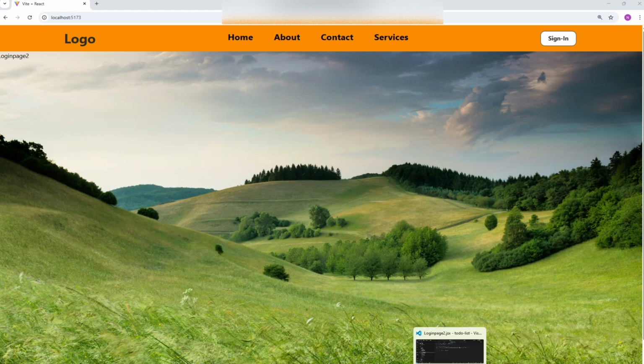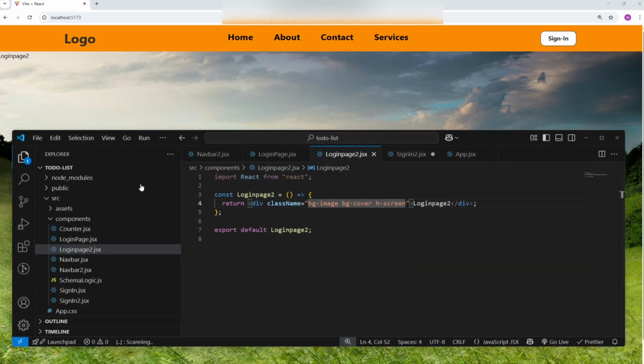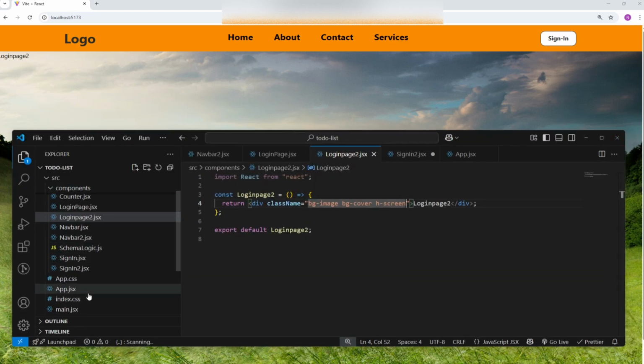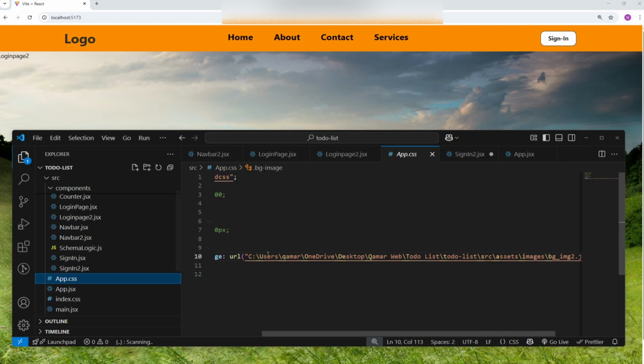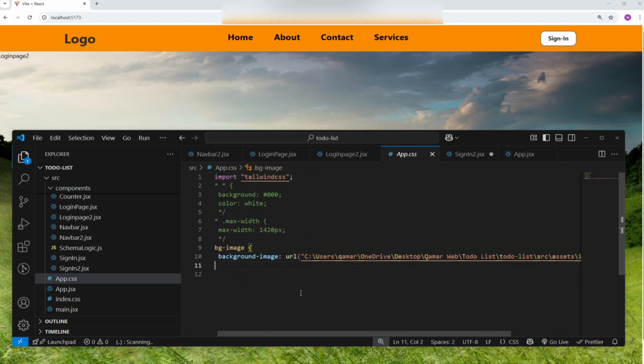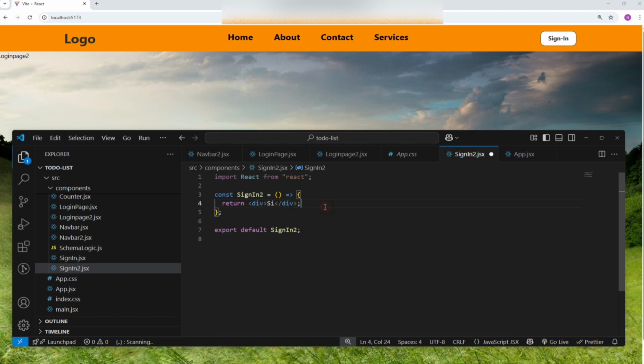Now check our background image that I displayed earlier, now visible. So this is stored in my CSS file. Now I quickly show you app.css, and this is the URL which I will give in the description of the video.